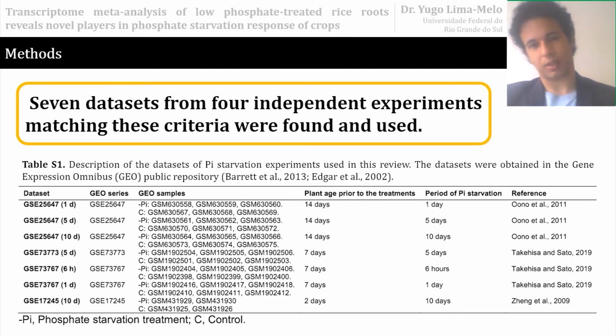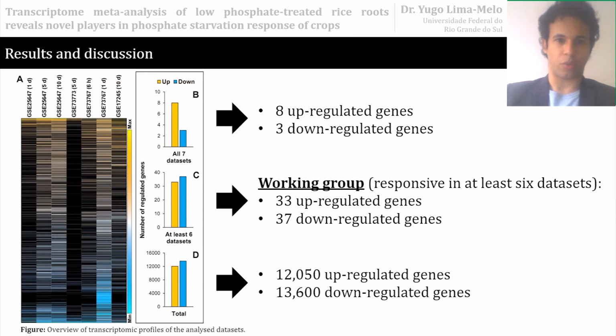However, even with this difference, we were able to find genes which had the same kind of response in all data sets, or at least in most of them. For example, considering all the 7 data sets, we found 8 upregulated genes and 3 downregulated genes. Also, 33 genes were upregulated and 37 genes were downregulated, considering at least 6 data sets. And we made this our working group,